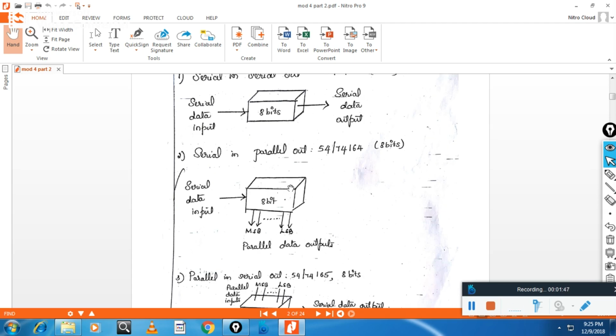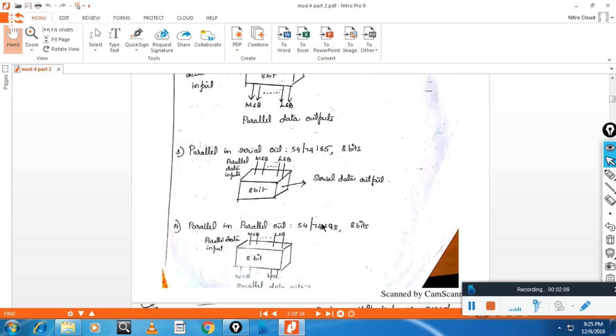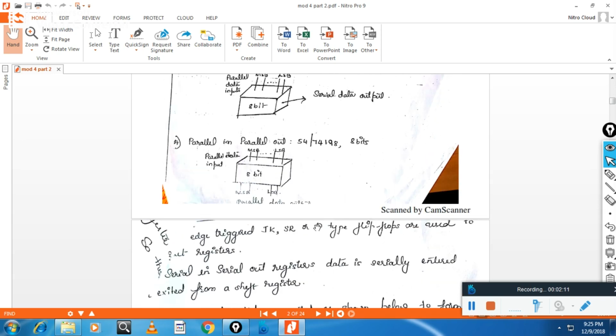SIPO is serial in and parallel out, and PISO is parallel in and serial out, that is, data is moved into the register in parallel form and the output is in serial form. The corresponding ICs you can see here. In the exam, they may not ask about the IC, they will ask the general configuration of the shift registers. Last one is parallel in and parallel out.